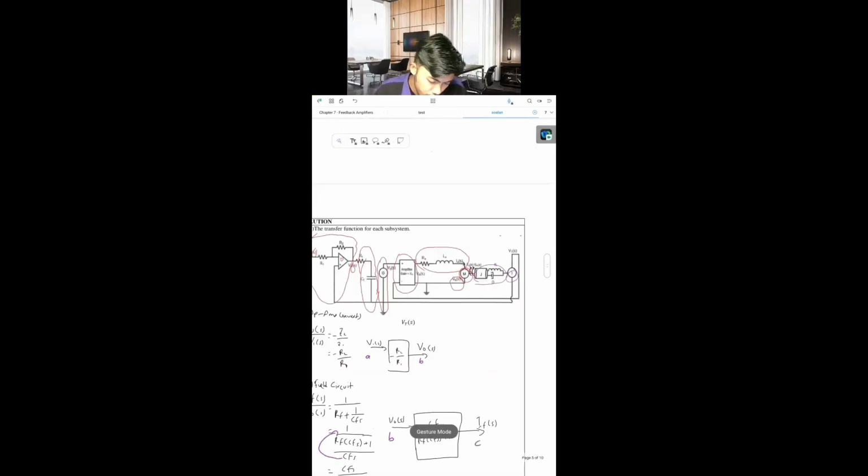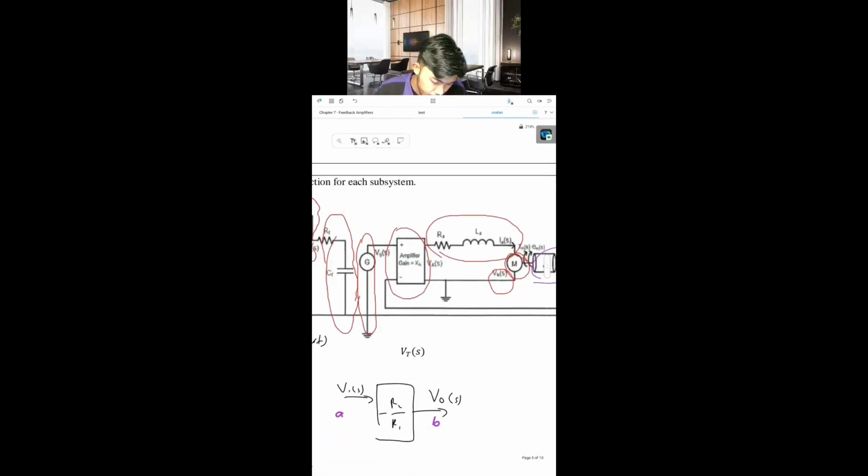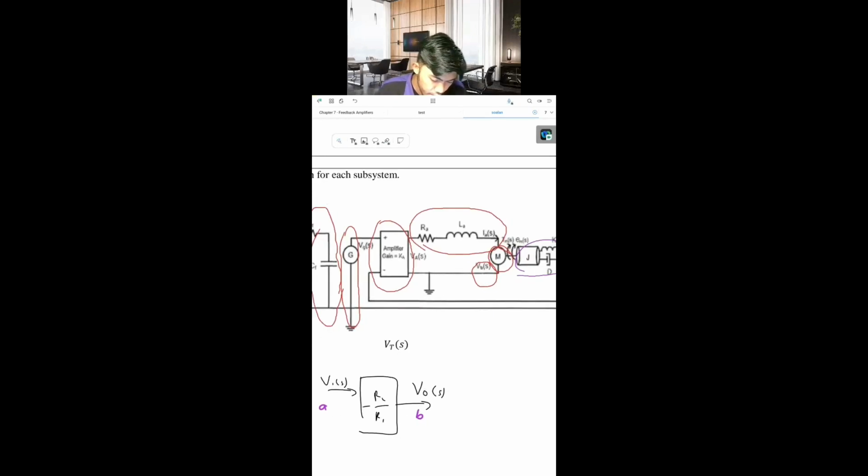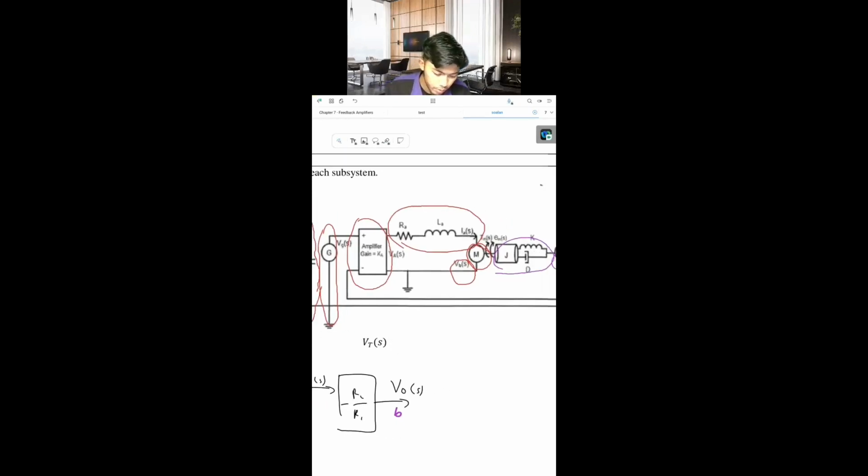Two input. Okay, I'm going to show you why this has two inputs. You can see here at the amplifier gain, the input is